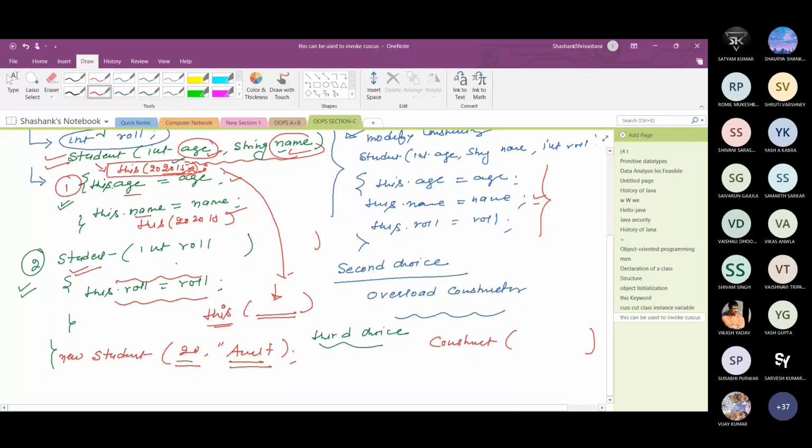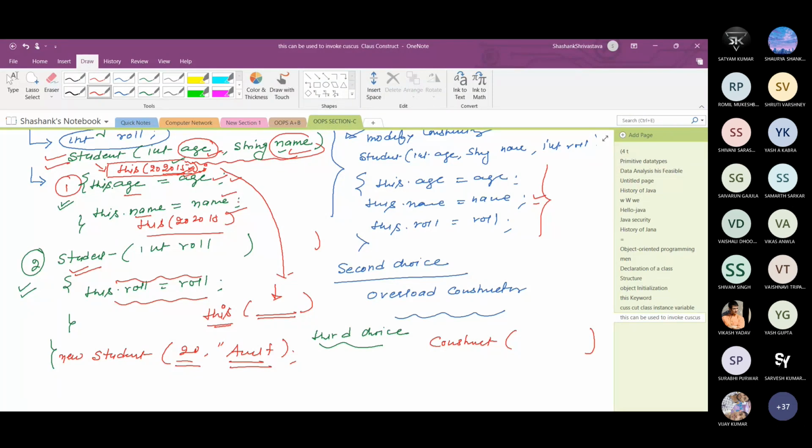So the logic is the first constructor is called, then the variables are initialized one by one. And if I write this in the third line, तो क्या sequence होता? First constructor called, age is initialized, name is initialized, again constructor is called. It means in both constructor calls there is a gap, so that should not be recommended. So this must be in the first line.